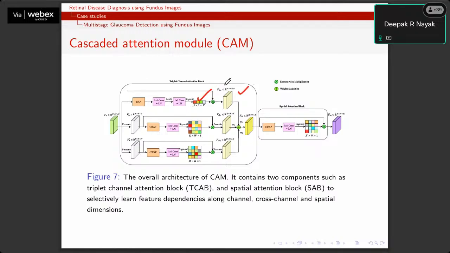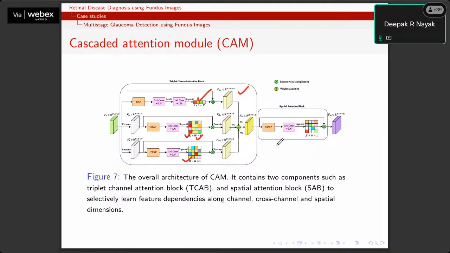But we are not only considering this one-dimensional channel weight, we are also considering two-dimensional channel weights, where we are trying to find out the relationship of the channel, which is k, with the height and with the width, as well as with the height. That is why it is called cross-dimension dependencies, or feature dependencies, between the channel and width, and the channel and the height, and that also gives you some important feature information. And ultimately, whatever output we get after this weighted addition,